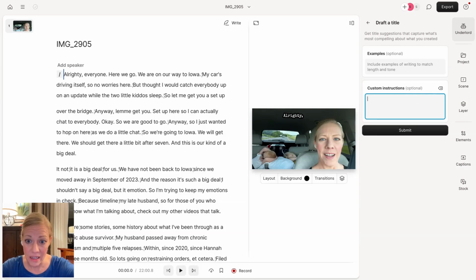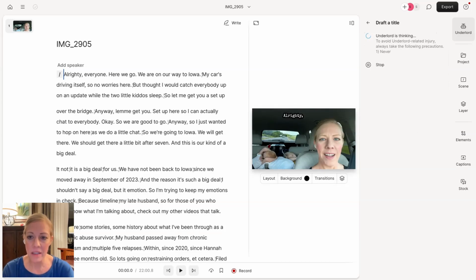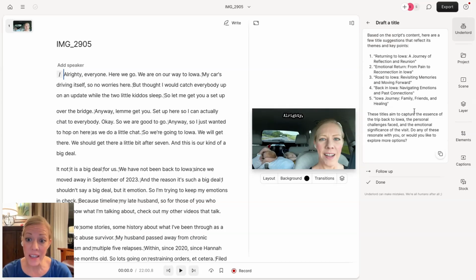So you can add verbiage in here if you would like to give the AI and Descript the ability to understand what you want to state in the title. So I'm just not going to enter anything and let me just see. I typically don't. Let's just see what it does. Hit submit. And then this gives you